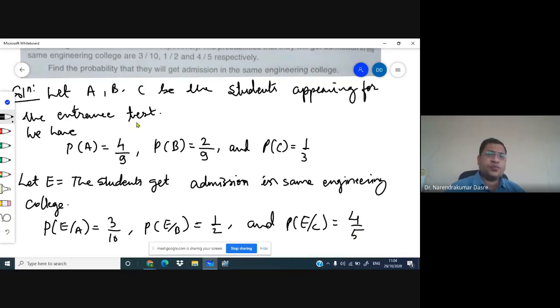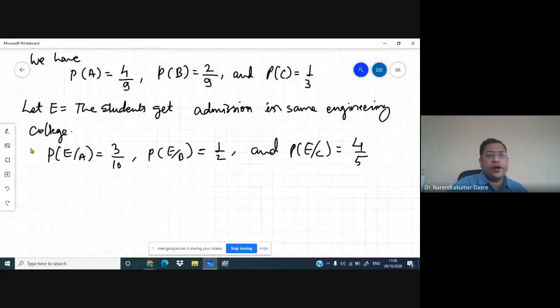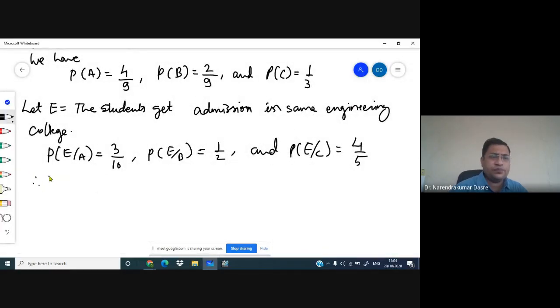So these are the probabilities we have, and we want to find the probability of E, that all three will be admitted to the same engineering college. Let us see what probability we get. By the total probability theorem,